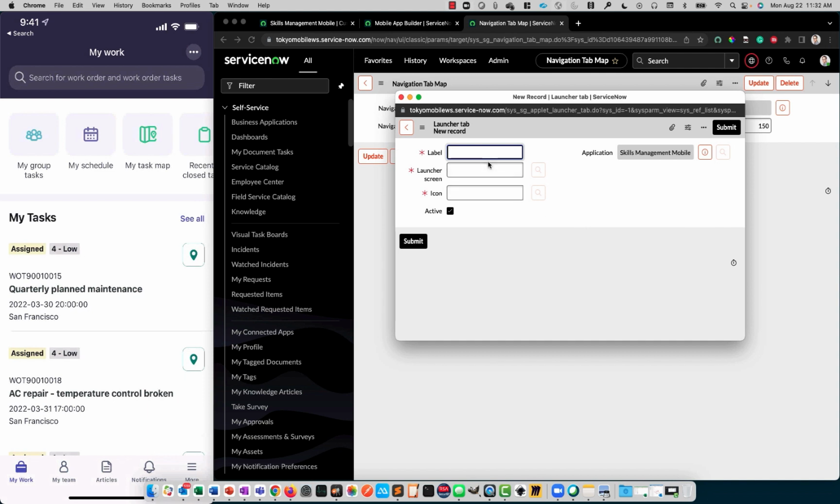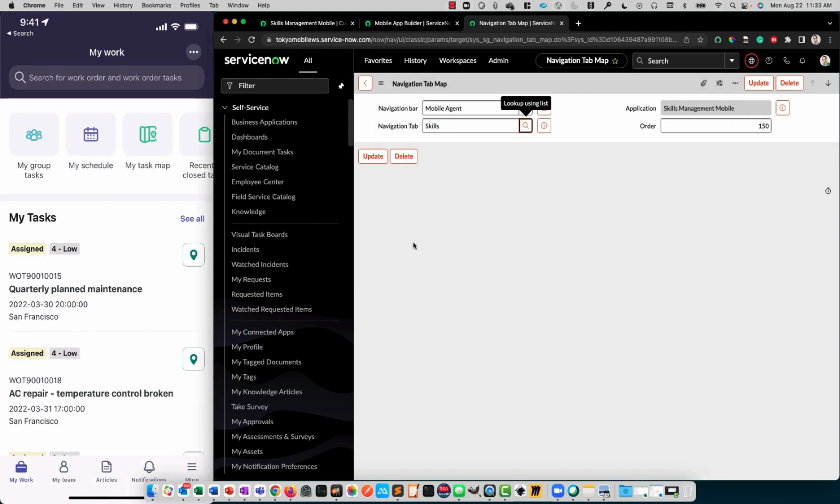And we'll give it a label of skills. For the launcher screen, we'll just select an existing one for now, and we'll change that in a minute. And then I'll pick the knowledge icon just because it'll give us a nice looking cap icon. And let's go ahead and submit this. So we have our navigation tab here,